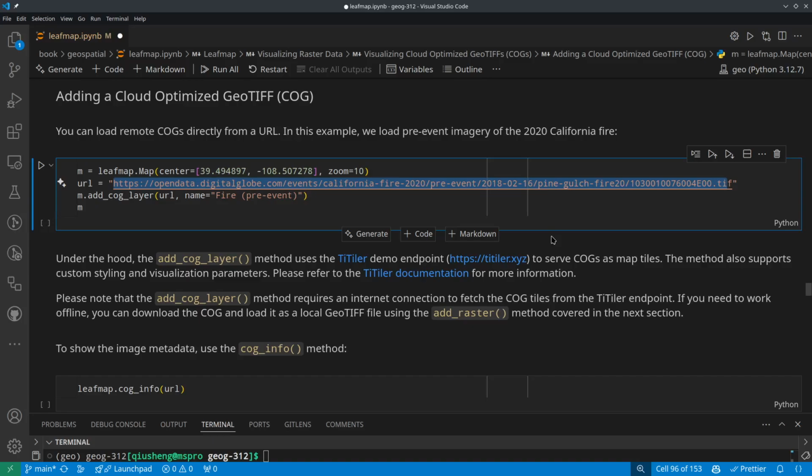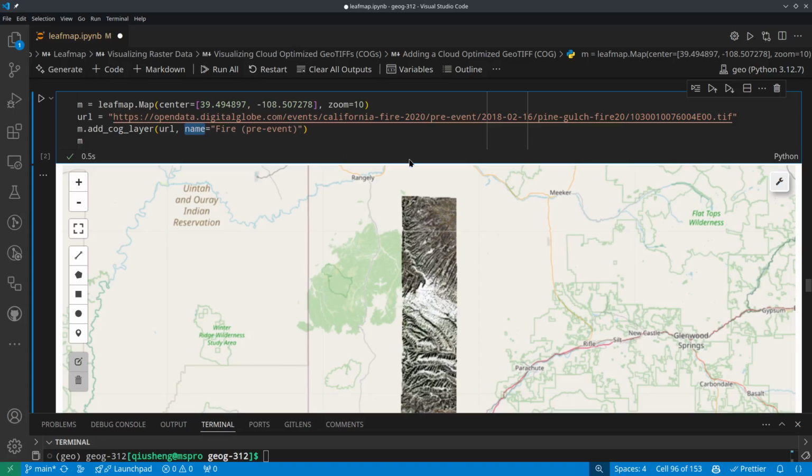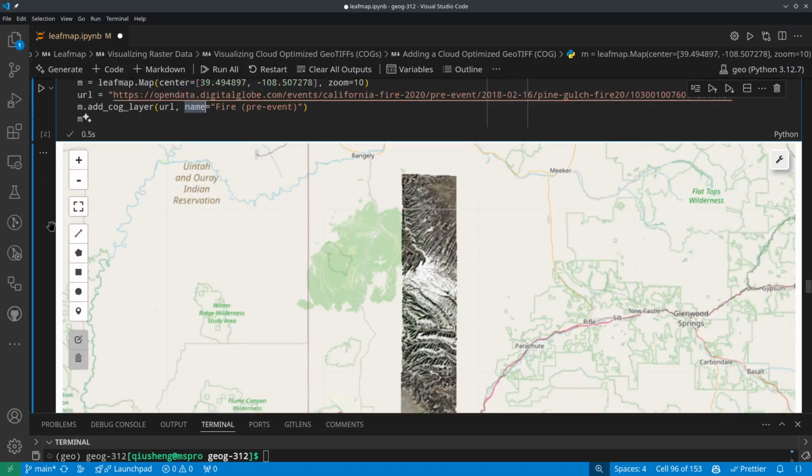As long as you can access the server, then all we need is just a URL, and then we can just use the add cog layer. So the add cog layer basically is add Cloud Optimized GeoTIFF layer, and then you can give a name in here, a layer name, and that's it. So take a look at this one, right? So this is